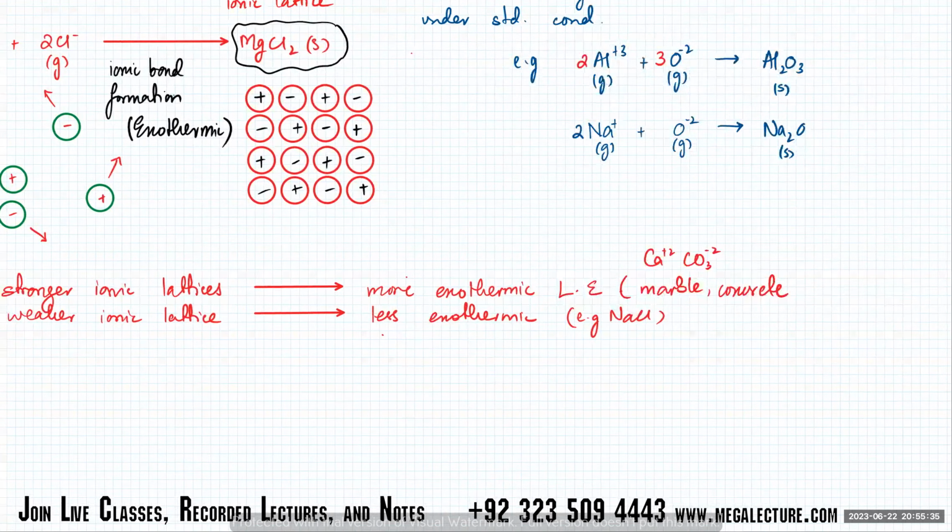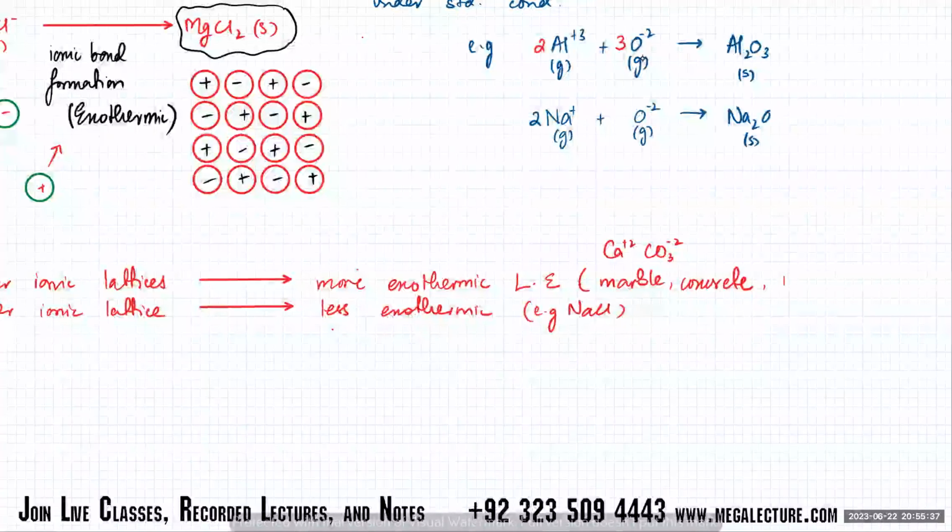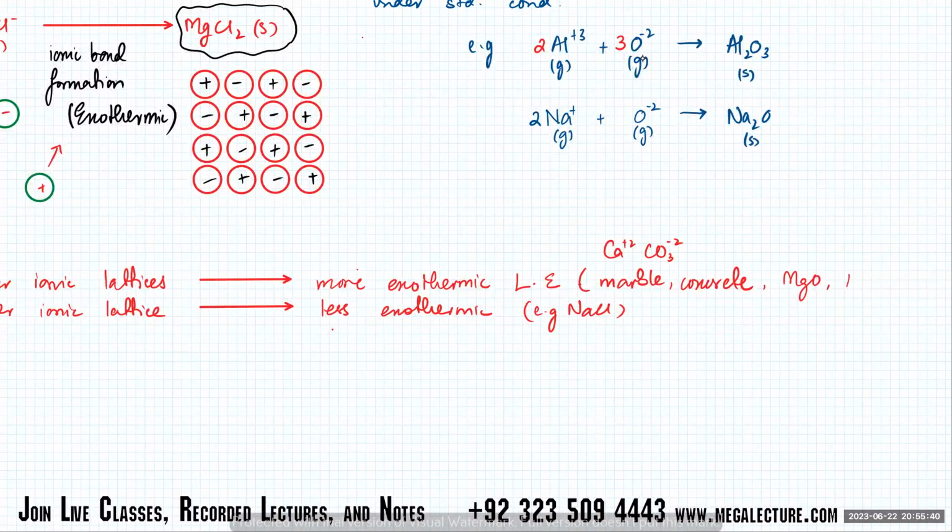There are some that are extremely strong ionic lattices, like magnesium oxide and aluminum oxide, which are known as ceramics as well. Magnesium oxide, you make heat shields. It's like bricks. It's very similar to marble. The bottom part of the space shuttle, which is black, is basically tiles made out of magnesium oxide. It's very strong. Similarly, aluminum oxide,